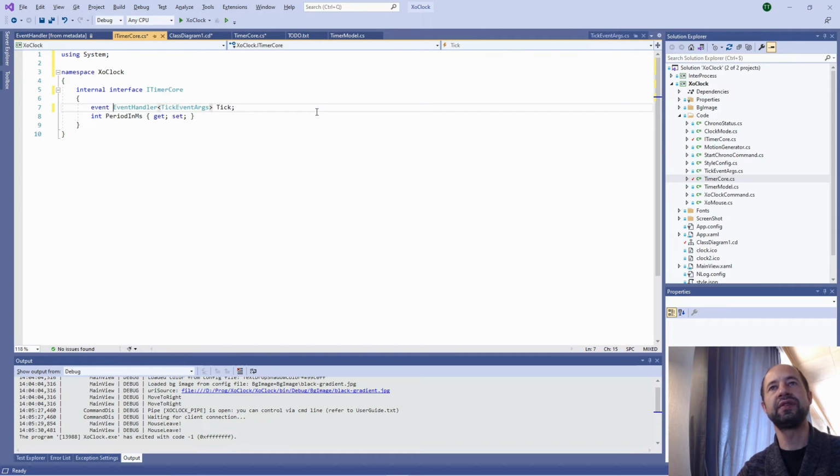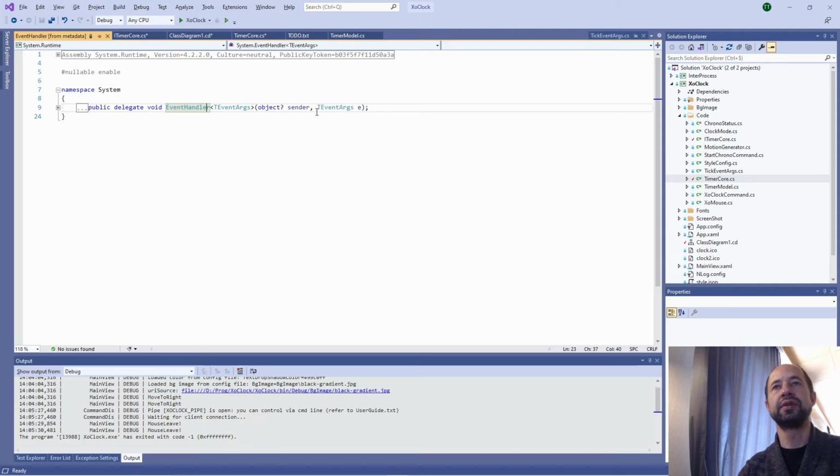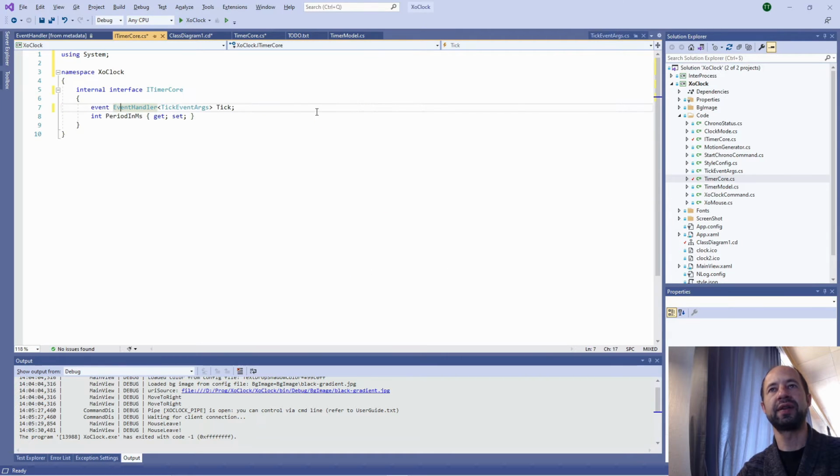And by convention, this event handler should return nothing, because if there are several subscribers, it is not possible to return any value. For example, if I return a bool, how do you understand what is the return value of which handler? It's not possible, so that's why the event handler returns void. Then we have the first parameter, the sender, and then the type of the parameter which brings the data of the event. This is part of the design pattern.